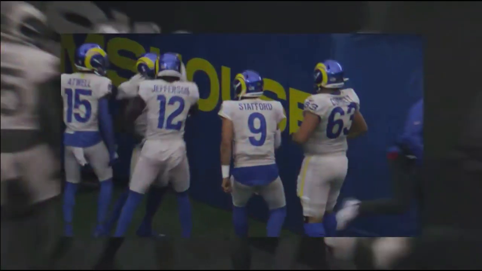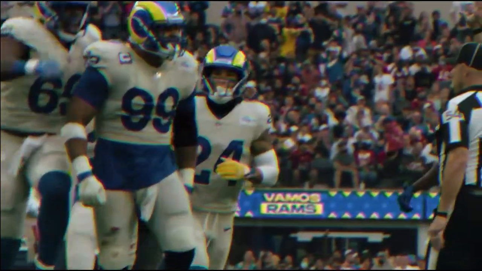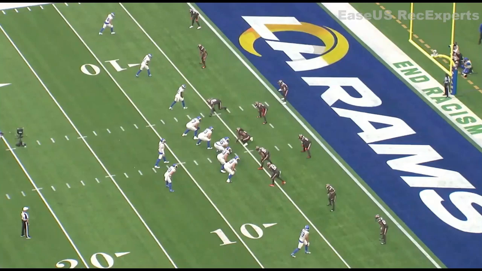Well, I'm going to break down the top 10 plays of the game, starting with this one right here. So the Bucks and the Rams both had the ball. A couple 3 and outs. Now the Rams are here at the top of the second quarter in the red zone. And they score a touchdown here on a tunnel screen to Tyler Higbee, who's lined up at the bottom right